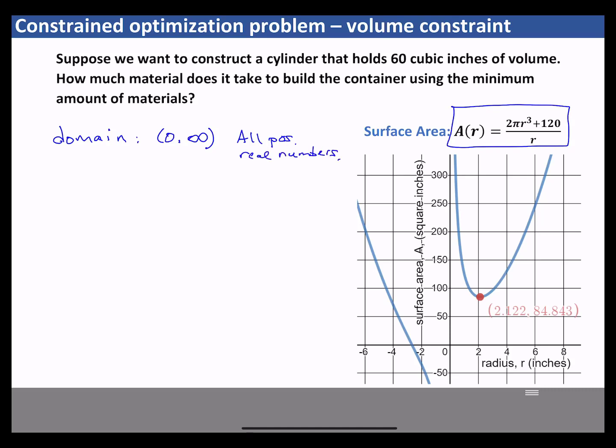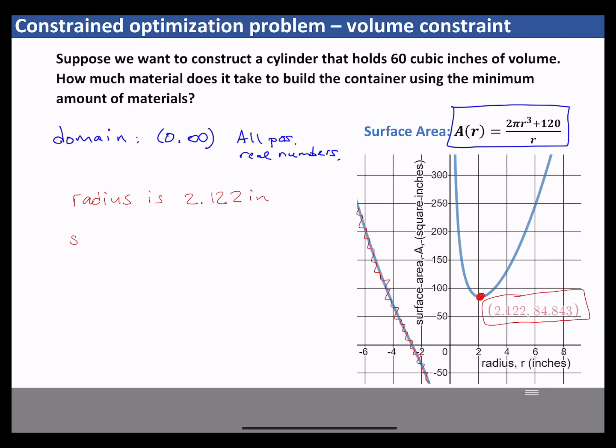which means in this graph, we would essentially ignore this piece of the function. Okay. And if we want to minimize the amount of materials, we can look at this graph of surface area, and we see that there is actually a minimum point on that graph. So in order to minimize the amount of materials, the radius is approximately 2.122